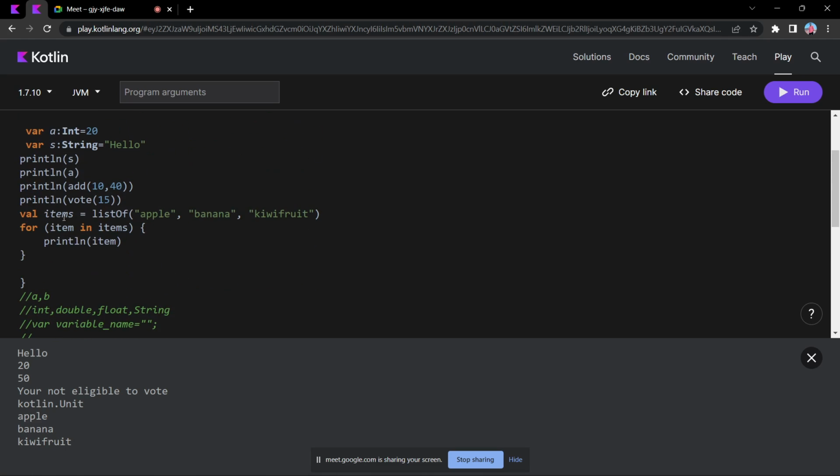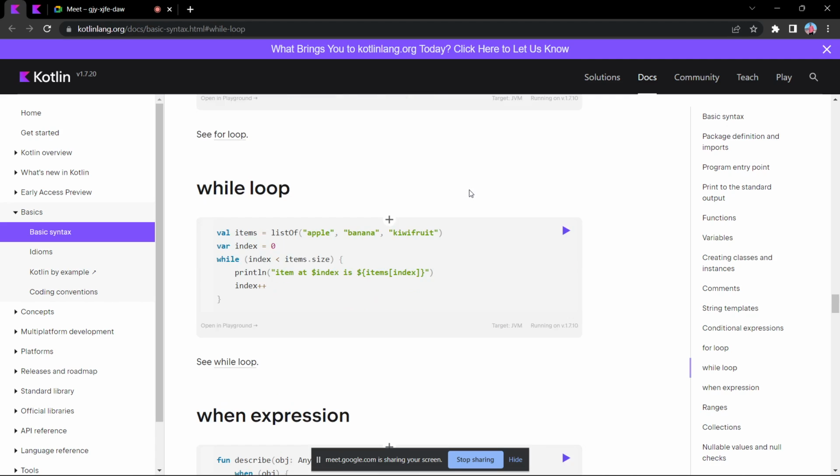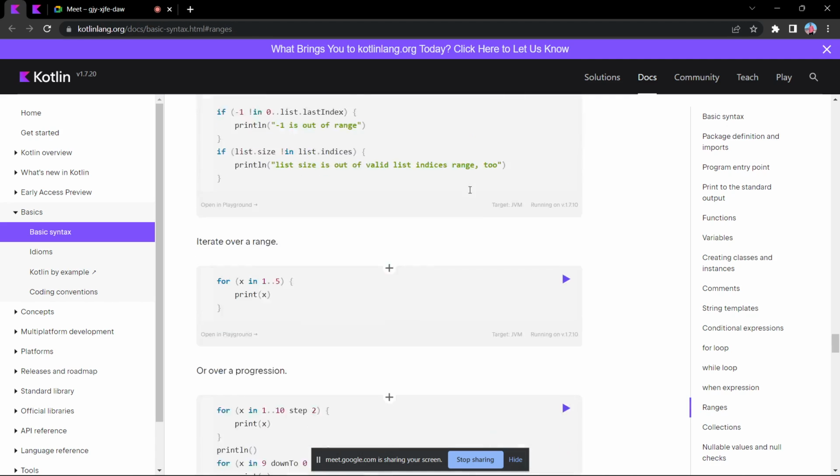So in the main program I have run the same list, that is valuable val. I have assigned the items, the list of bananas, fruits and everything, and I have printed using the for loops. This was all about the conditional statement. Moving forward,